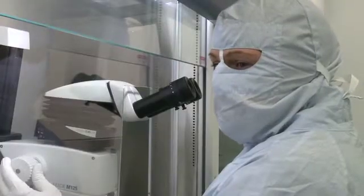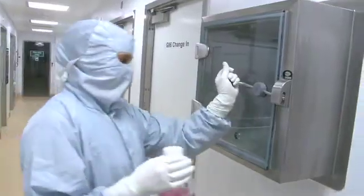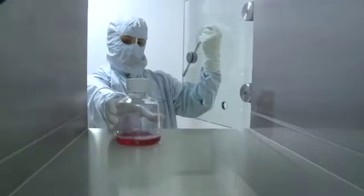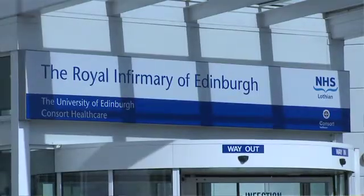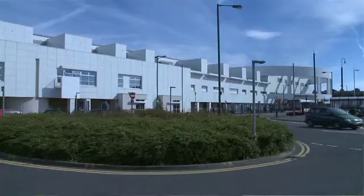The ground floor of this facility has GMP capabilities, and that means that we're able to take cells that we grow within the lab and grow them to a particular standard that we can actually transplant them back into patients. And the location is fantastic because we're right behind the Royal Infirmary of Edinburgh. So the scientific environment, the GMP facilities and the locality next to the hospital is just going to be fantastic